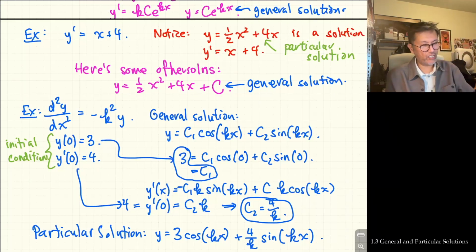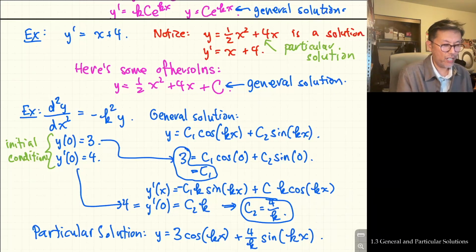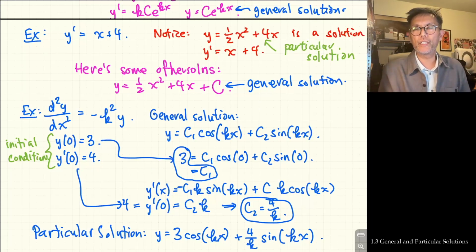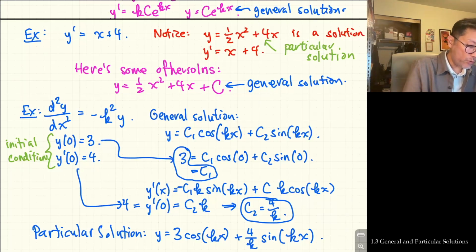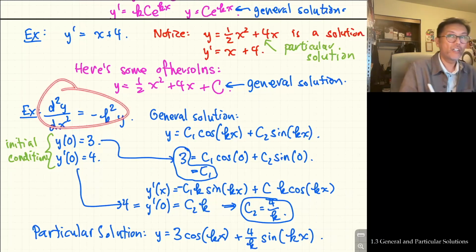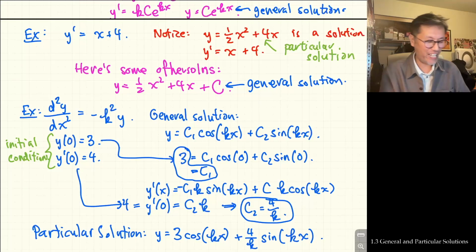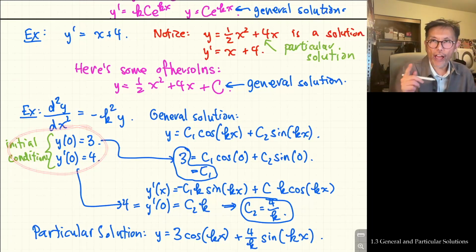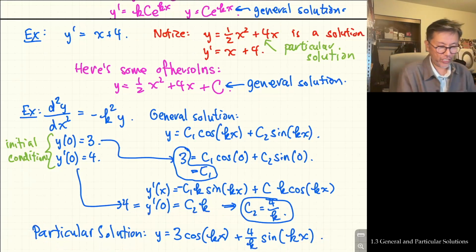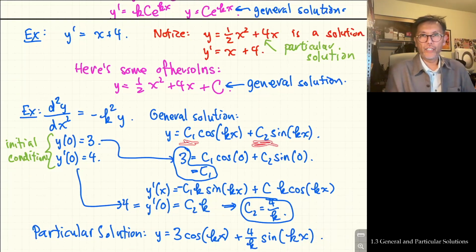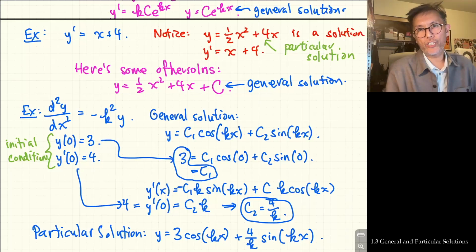It's obvious because this sort of corresponds to what's happening when the input is 0, 0 representing the initial state of the system. When you're given, in addition to the differential equation, these initial conditions, then you're looking for a particular solution, okay? And this particular solution is lacking the constants that you see in the general solution,